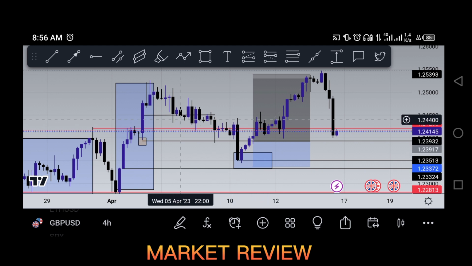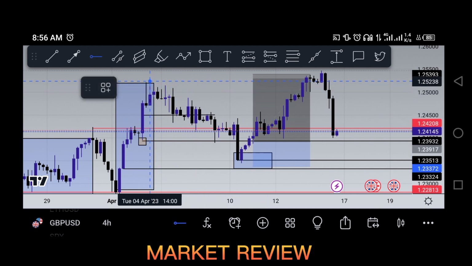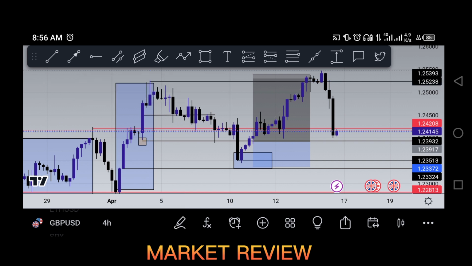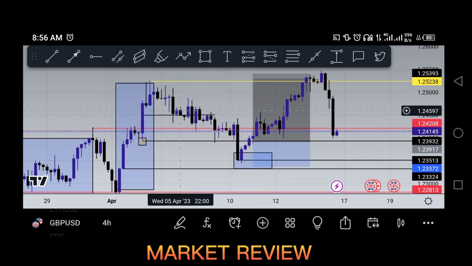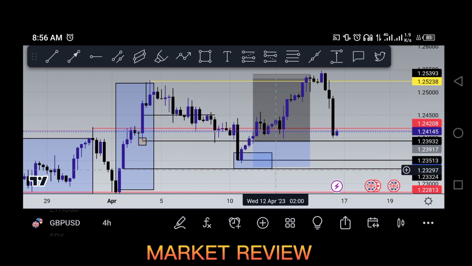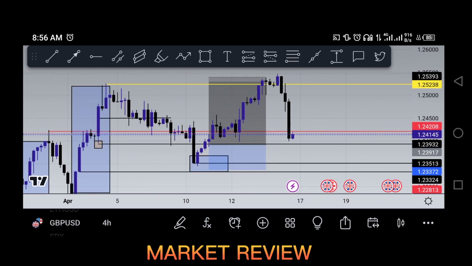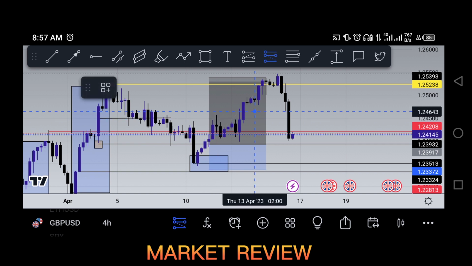So when I saw that price had come to this high for the beginning of the month, I believe that's the beginning of the month. All right, so yes, check the date. That's like the Tuesday of that month. So still quite like the beginning of the month. So since I marked out this point as the high, I expected that if price will still come back here, then whatever we were going to be having would only sweep liquidity from this buy side, and then we'll have a fall. So that was why on Friday, which was yesterday, I posted on my group that we should take an entry,